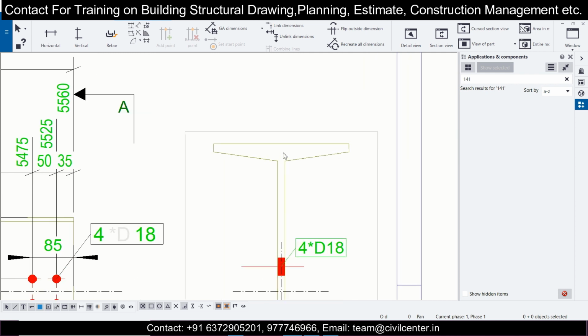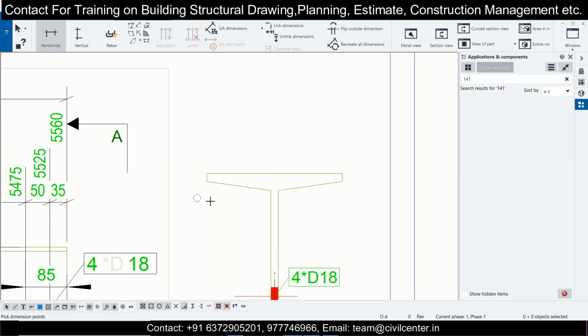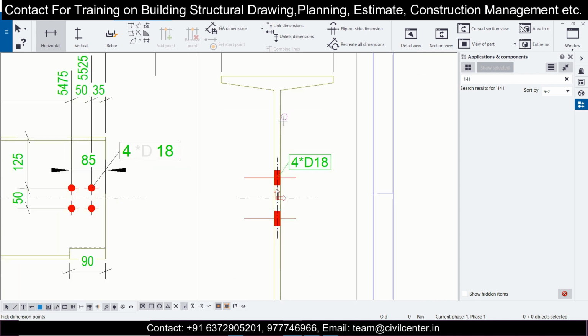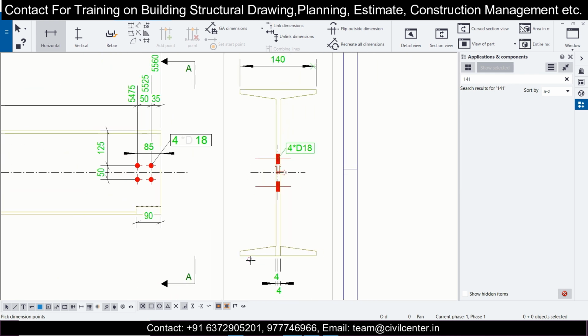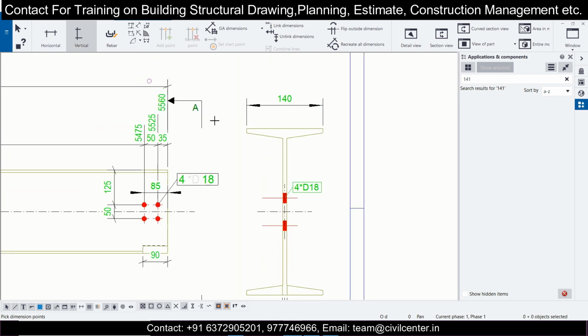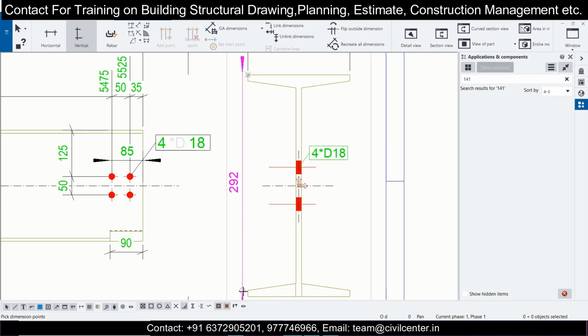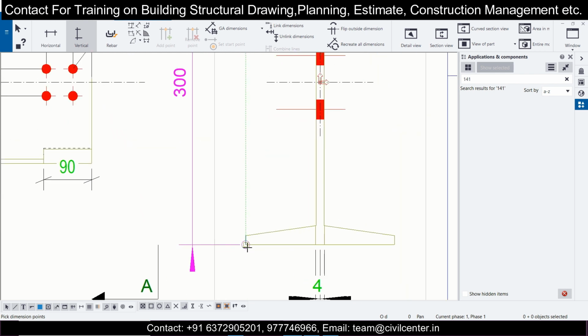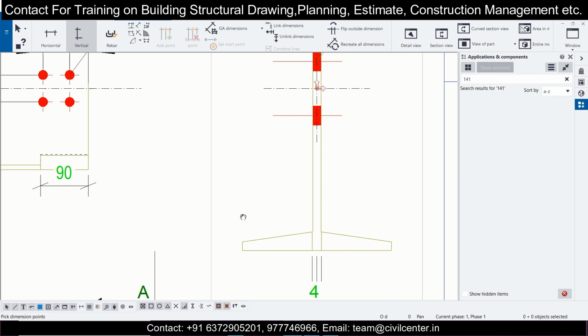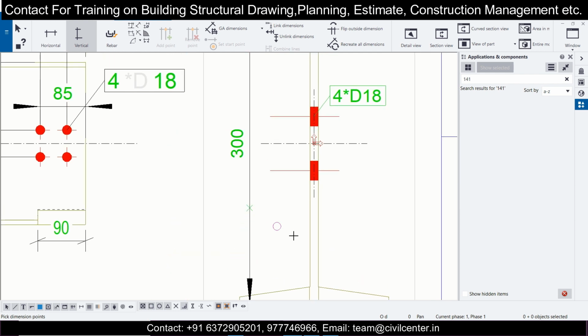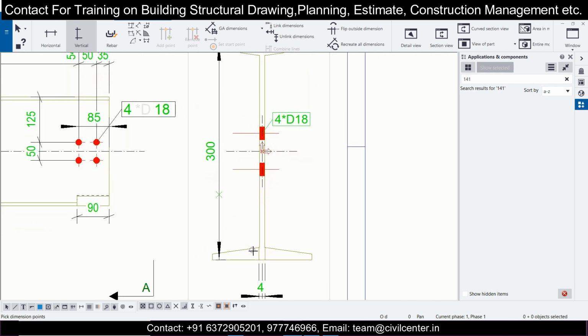So if you want, you can also see the section from here horizontal. Go with this, just view this and middle click, and this part as well vertical, and I'll go with this too, this, and select on the vertical part here.